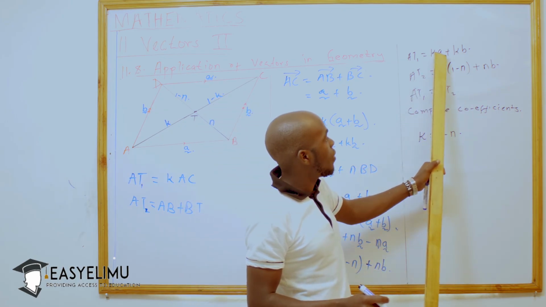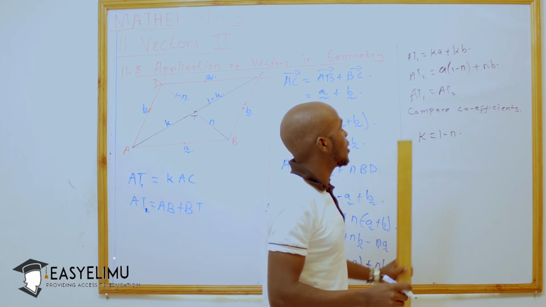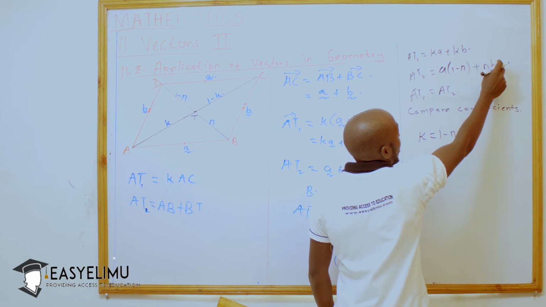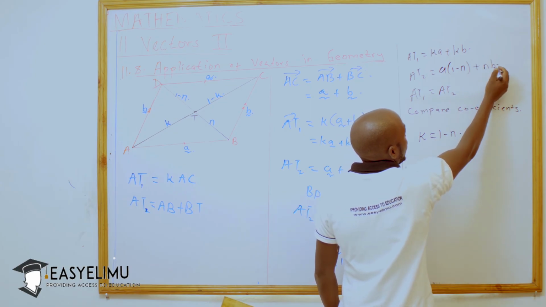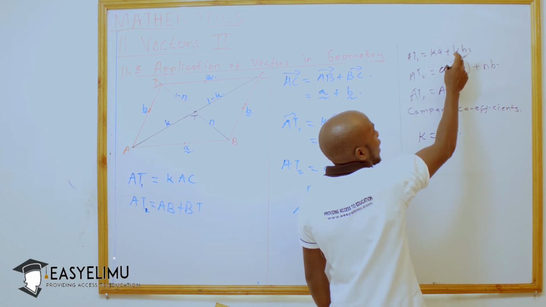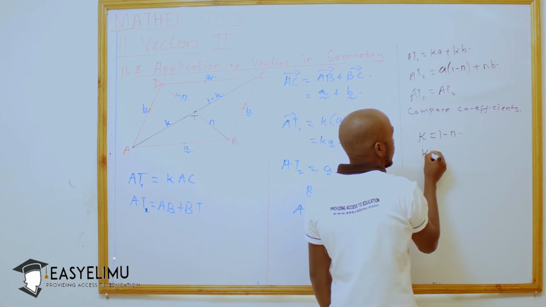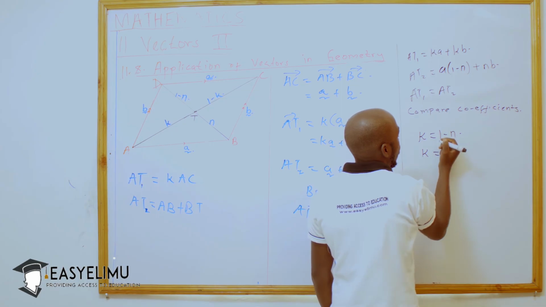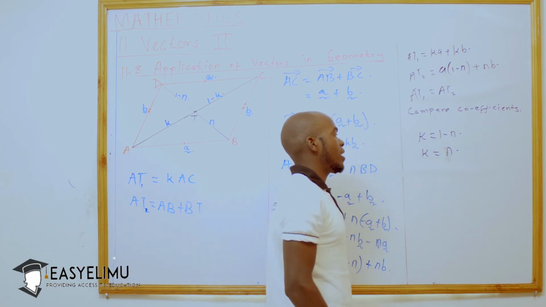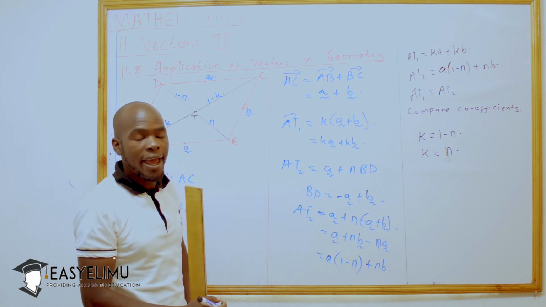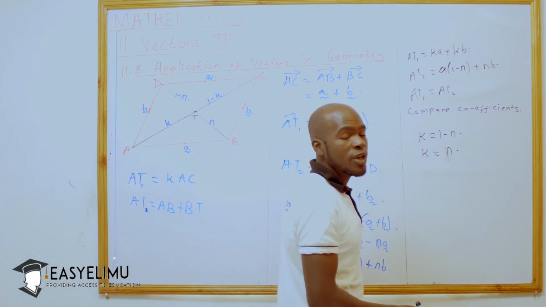So we are going to have another coefficient, which is K B and N B, meaning N is the coefficient of B in AT2 and K is the coefficient of B in AT1, meaning both of them are equal, so it shall be in that direction. So we are going to solve for the value of K and N, and we shall solve it in